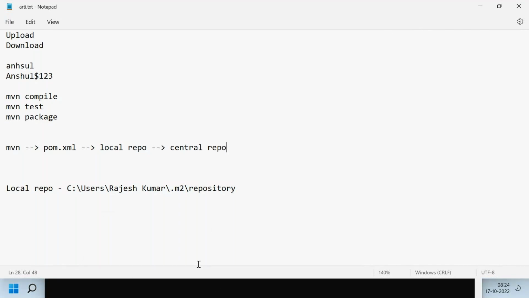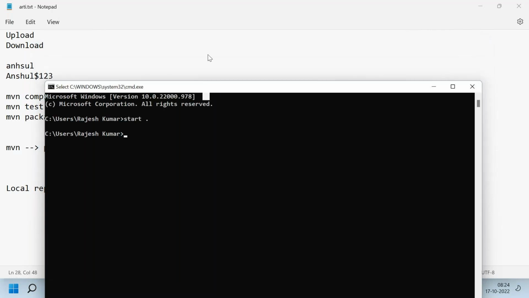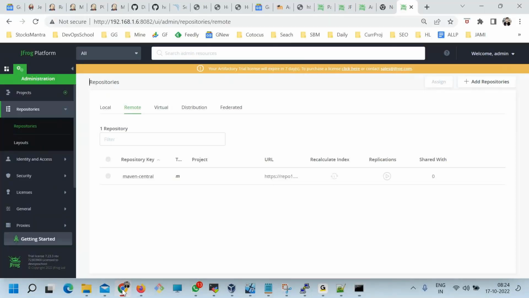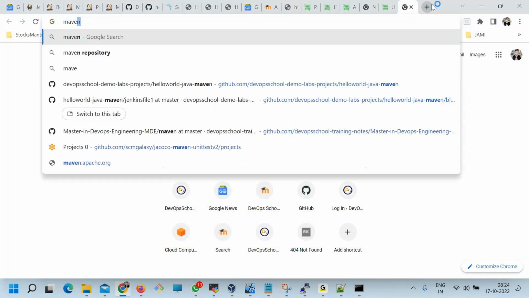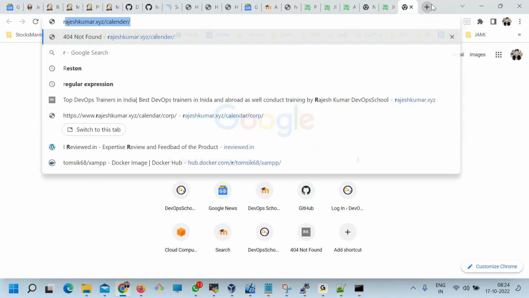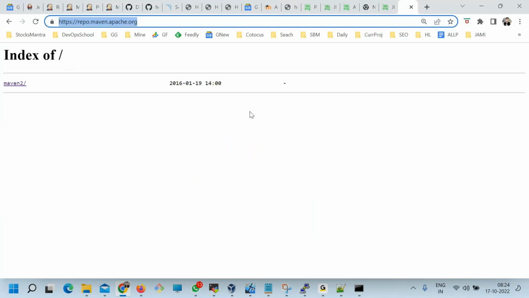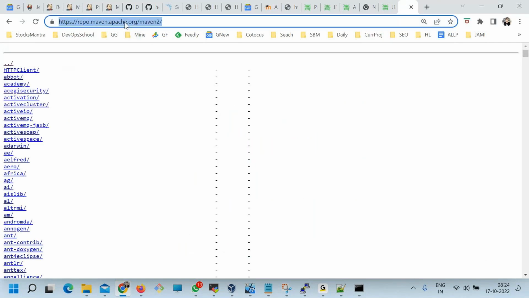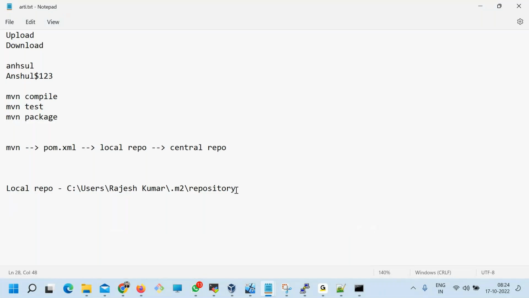Central repo is some remote repository. Central repo is this one: repo.maven.apache.org. This is the typical flow of Maven. Okay. Now what we need to do,